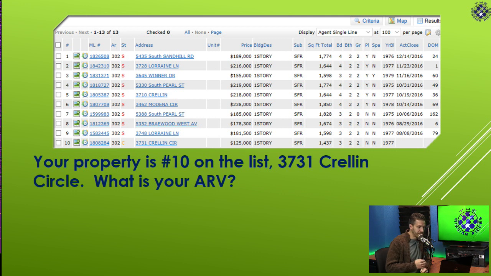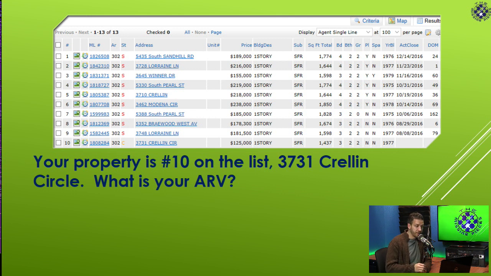It's value added features. Do I go and look up at the pool ones? You can ask your realtor, and the realtor is going to say, oh, that pool in that neighborhood might add about $20,000 in value. What if it only adds 10? What if it adds 35? You don't want to just go off opinions. You want to go off facts.